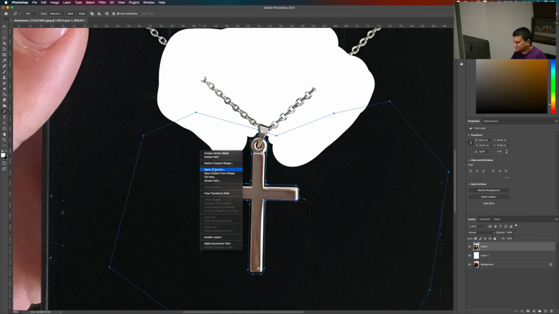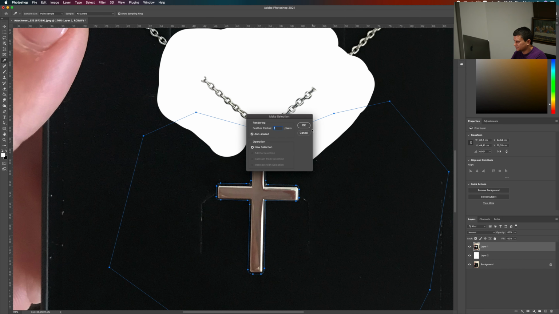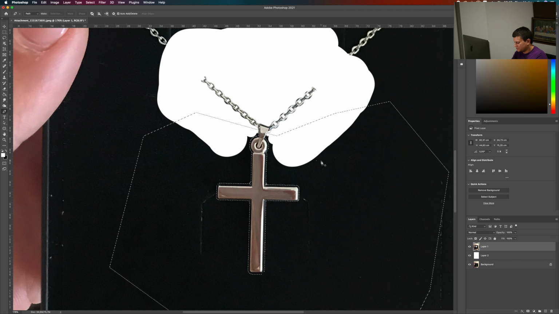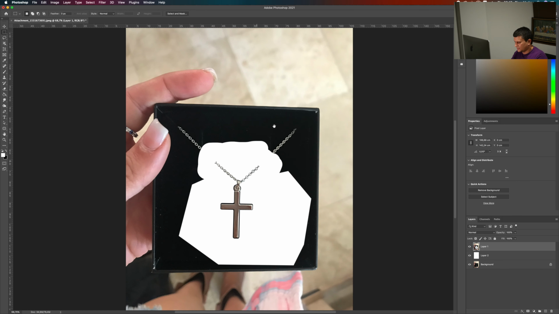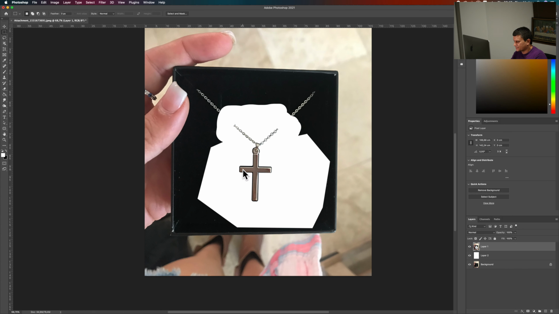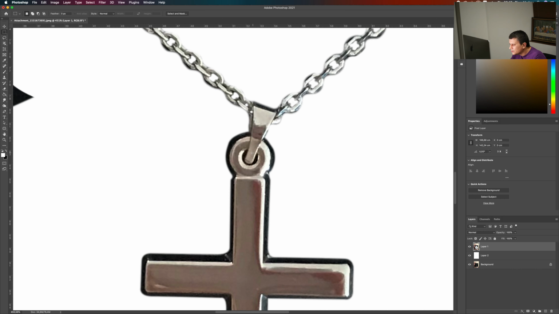Now right click, select make selection, press OK, and now just press backspace to erase. Now we made the selection. Oops, let's delete it here.